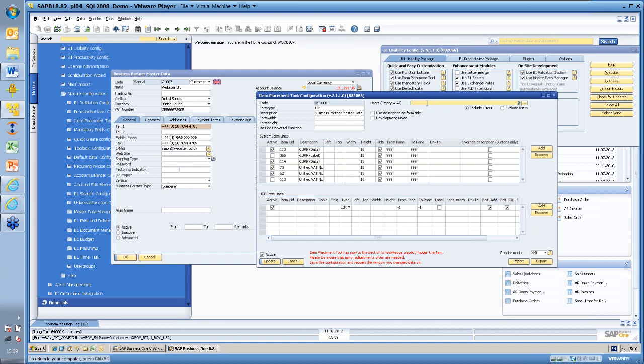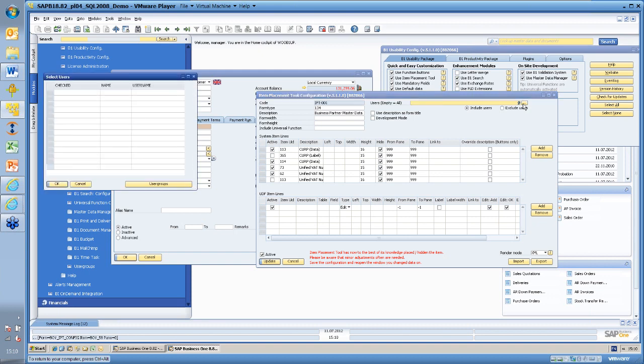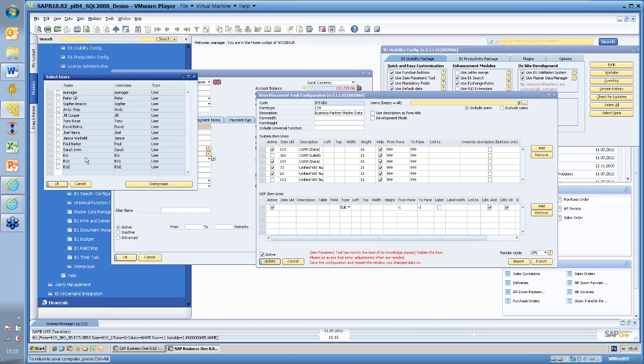So I could choose to hide it completely and just hide it from everybody, or I can just say there are certain users that don't need to see these fields on the screen. So if I drop the button down here, this will show me my Business One users, and I can start from a position of saying hide it from nobody apart from these people, or hide it from everybody except these people. All right, so this allows you to start configuring different types of screens for different types of users,